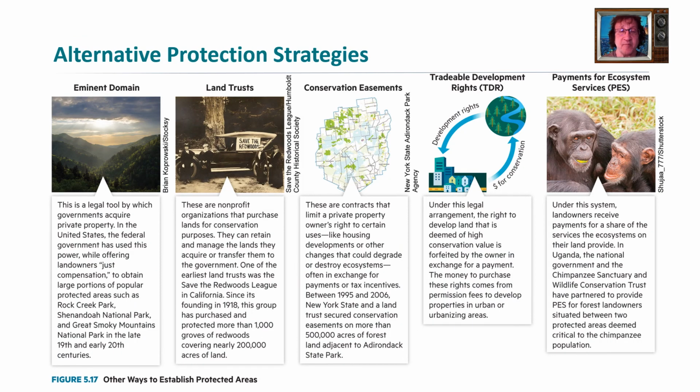Guys, and this is a very important part of your book, this figure here in chapter 5. It gives you all sorts of ways that governments could approach conservation and preservation. Governments can take over lands. We call it eminent domain. We could have land trusts, and I helped out with one at one time. Basically, we would raise money to buy plots of lands from individuals or have people will their lands over to us, and we put that land into a preserve. Sometimes we turn it into a conserve or a conservation area.